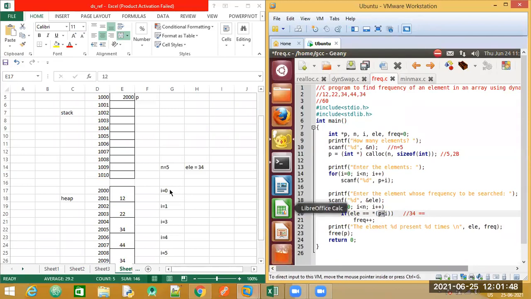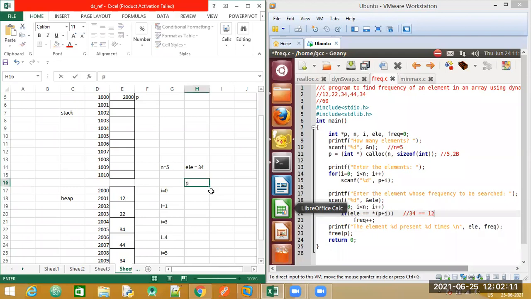So when I is equal to 0, the value of p plus I is going to be 2000. Star indicates content. So the content at the location 2000 is 12. P plus I is nothing but the address 2000.